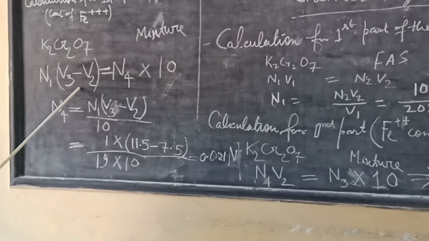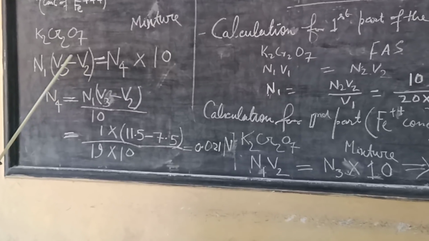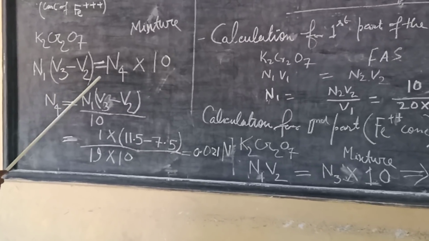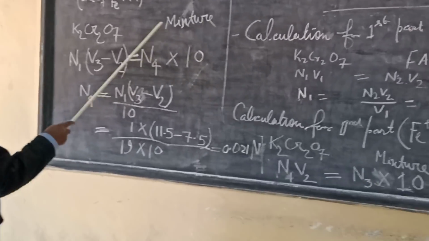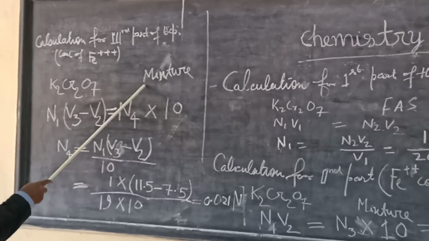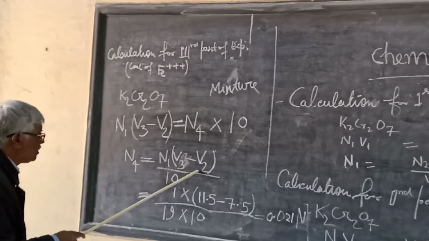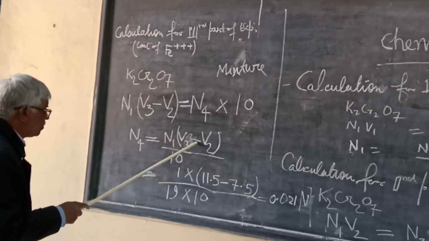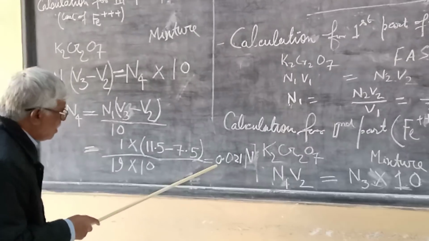Suppose N4 is the concentration of the ferric iron solution. So N4 is N1 into V3 minus V2, divided by 10, and it is coming